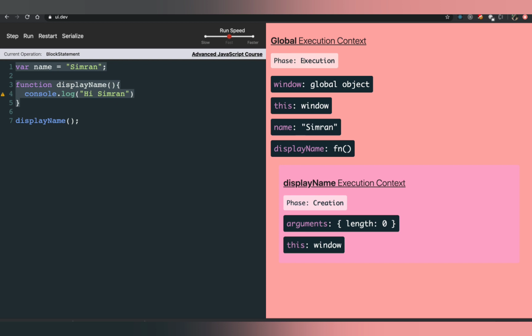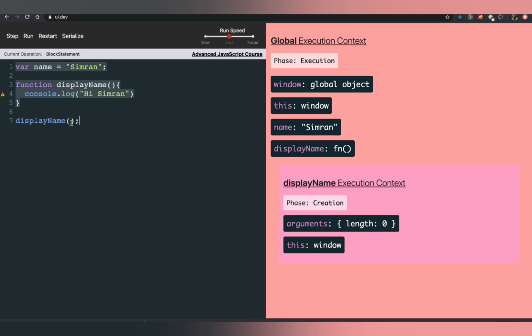So we have access to displayName inside of global execution context, but when we actually execute this function, when these two parentheses are seen by the JavaScript engine, it is going to create another execution context. That means every function, when it is executed, will have its own execution context. And what is inside the execution context of your function? There are two things which are given to us by default, right? One is the arguments keyword, which is going to contain any argument that we pass to the function, and another one is the this keyword. The value of this, again, can differ, but we are going to look at it in the future.